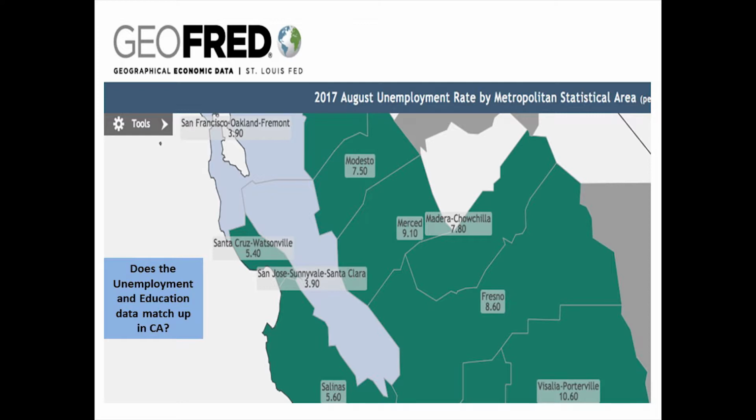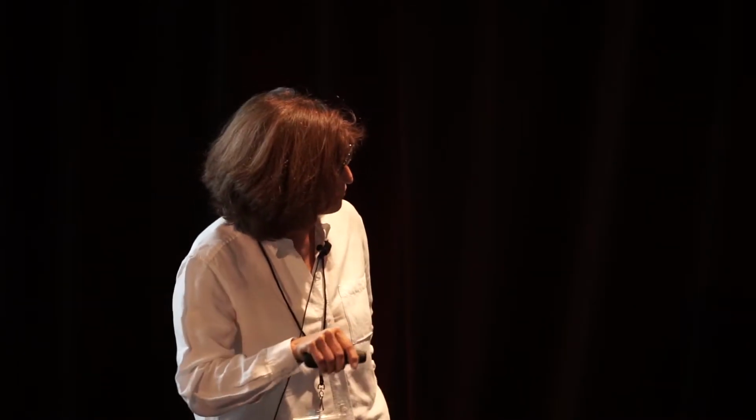And we realize, yeah, that's one of the ones where they said there were really low levels of education, and that unemployment rate is 10.6, whereas if you look at San Jose or San Francisco, we have 3.9, and this is 2017 data. So you're keeping them up to date on the data. The data is not intimidating. The data is on a map, so in addition to seeing the data, they're also seeing the geographical location, because coastal location in California can also make a difference. That might not be true across the country, but in California it matters.